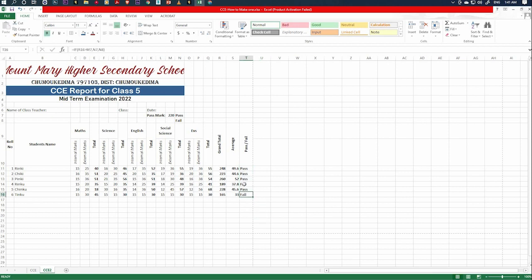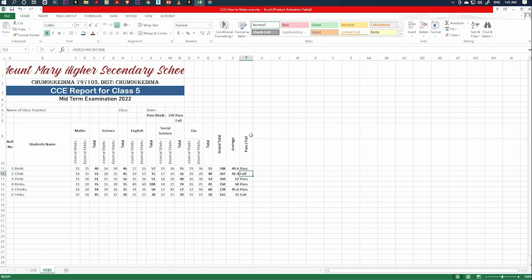So now, for example, this guy is fail, and let's increase his mark to something like 40. So automatically, if he reaches the pass mark, he will be pass. And if we reduce this guy to 20, it's fail. So like this, you can make your